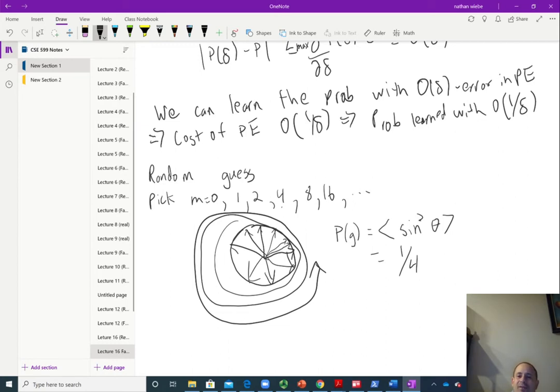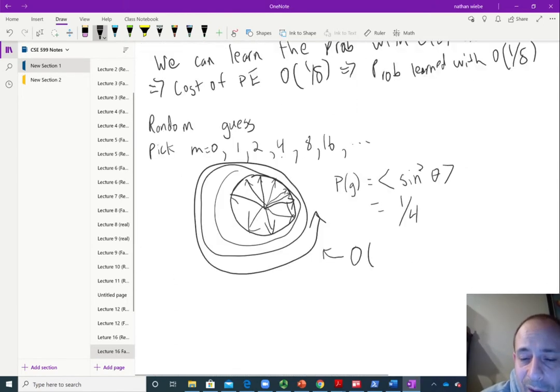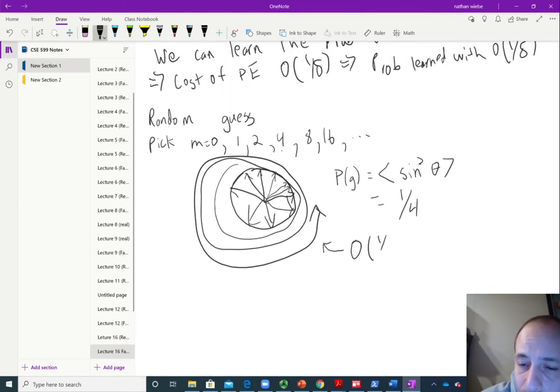So that means we only, on average, have to try this 4 times before we succeed once we get into this regime, which leads us to, worst case scenario, a factor of 16 worse. So this procedure of just picking an exponential series and going up like this will, with high probability, allow us to find a state in a good subspace using order 1 over square root of the probability